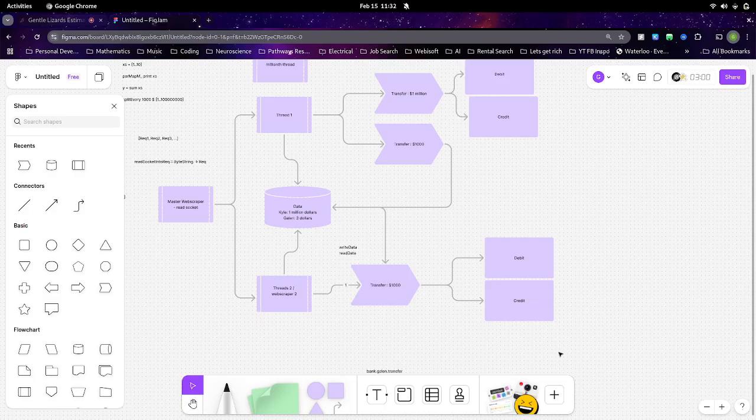So ideally, what you wouldn't want is for the user to basically just be wondering what's happening, right?